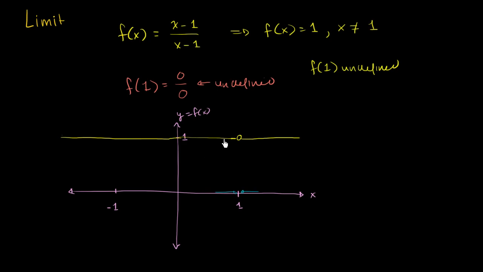Well, this entire time, what is the function getting closer and closer to? On the left-hand side, no matter how close you get to 1, as long as you're not at 1, f of x is equal to 1. Over here, from the right-hand side, you get the same thing. So you could say, and we'll get more and more familiar with this idea as we do more examples, that the limit as x approaches 1 of f of x (lim is short for limit)